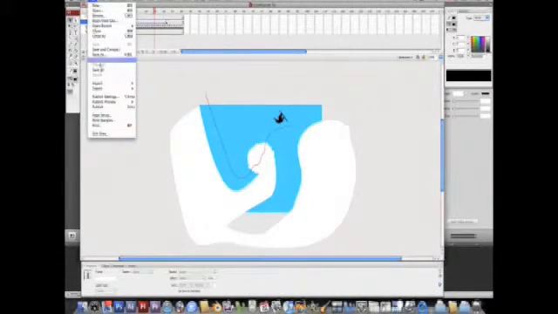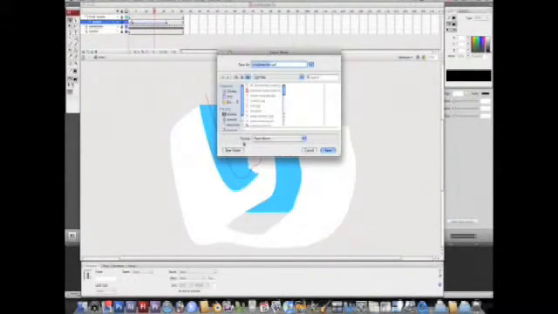Now, if I'm ready to put this on the web or show it to a friend, I can go to File, Export, Export Movie. Down at the bottom where it says Format, I have Flash, QuickTime. When you're working with animation, you can send it out as a video. So QuickTime would be the best bet for video. Animated GIFs. I can even send it out as a JPEG, GIF, or PNG sequence, which means that I'm sending out the individual frames as pictures